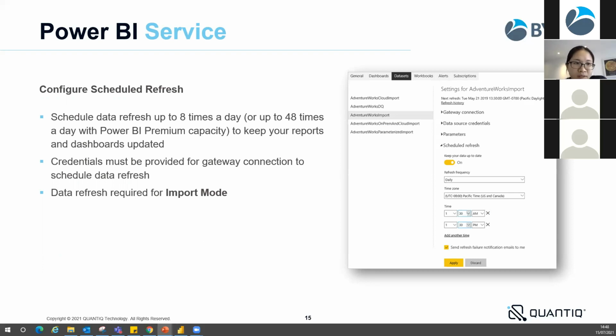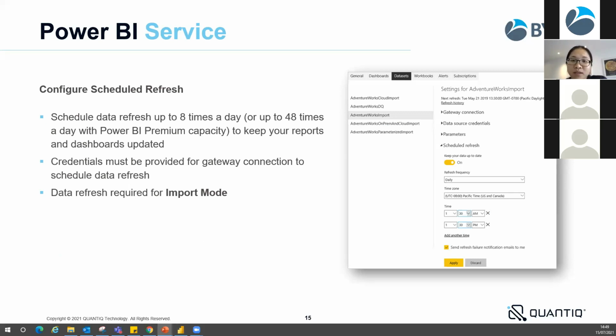In order to set up the scheduled refresh, you need to provide credentials for the gateway connection. And I would strongly recommend you use a credential that will not require you to update the password every 3 months or 6 months, because if the password expires, then your data will not be refreshed.